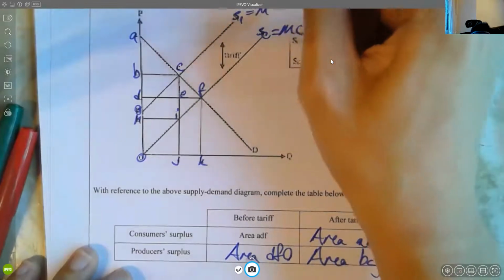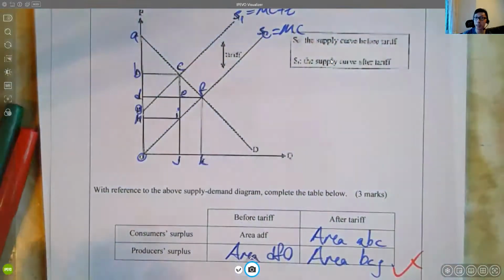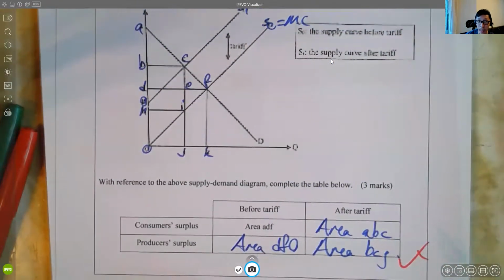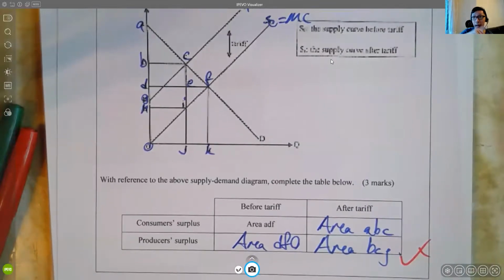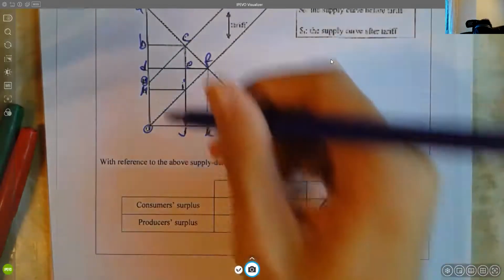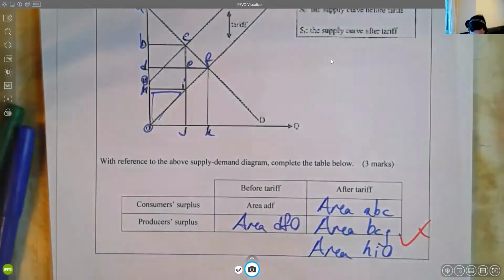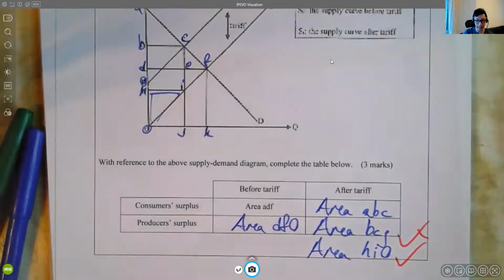This is our MC. This is our MC plus T. 我哋睇 MC 同埋 price 之間距離啊嘛。So referring back to the explanation we had a few minutes ago, the area in fact should be HI0. 呢個先係最啱。